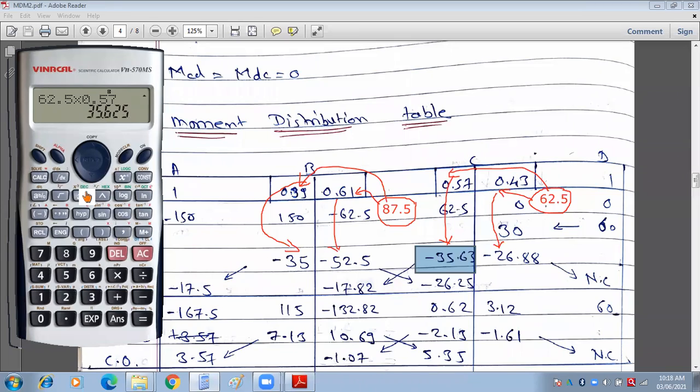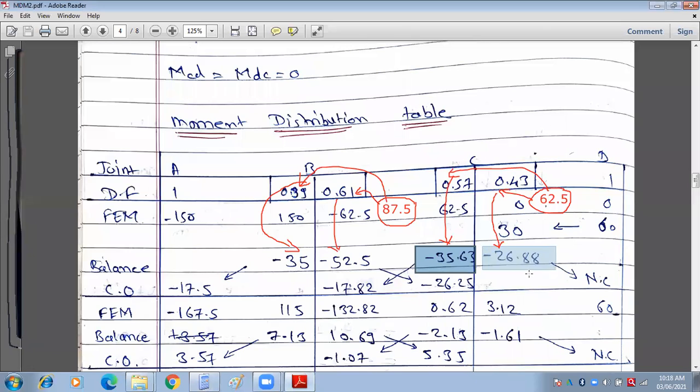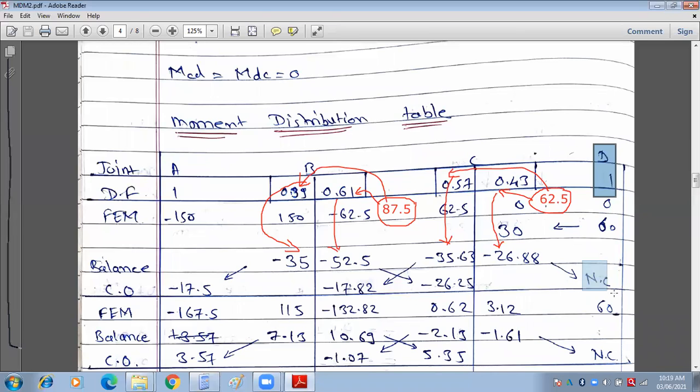Now similarly, another distribution factor 0.43, 26.88, round up the value 26.88. Now once you have balanced this one and again carry over, for the support D is simply supported, therefore no carry over to this side. Only from B to C, the 50% carry over is there. From C to B, again 50% is carry over,